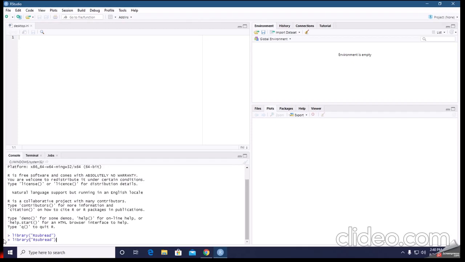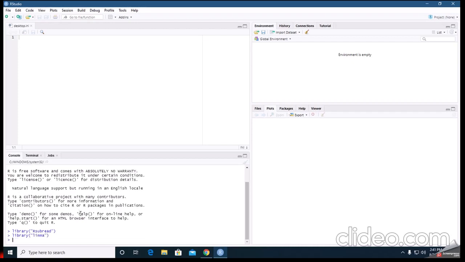The second one which we need is Limma, linear models for microarray data analysis. Okay. Now I am going to load the edgeR package.